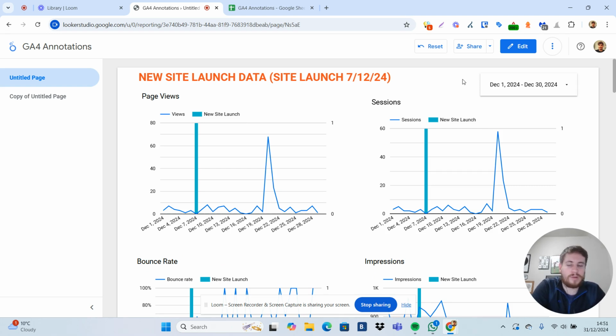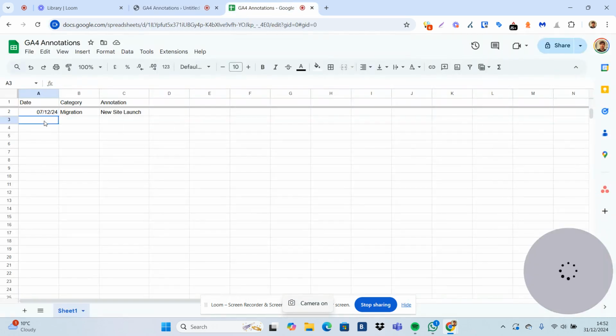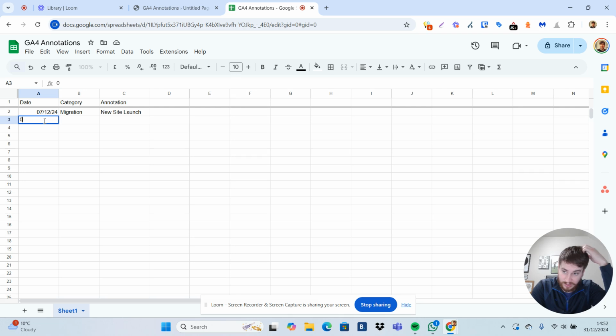But this is a report, and what I do is set this report up before the migration happens: create the Google Sheet, add in when the new site launch has happened, or is going to happen. If it's a concrete date, obviously you can change it on the sheet and then refresh the data if that does happen. If there are any elements of the site launch, so you might go, right, there's the new site launch there, and a week before then we made a few technical changes,